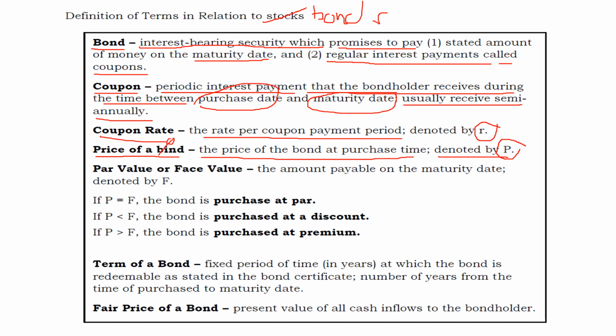So it refers to the sum of the present values of all likely coupon payments, plus the present value of the par value at maturity. So there is an involvement of your coupon payments and the par value